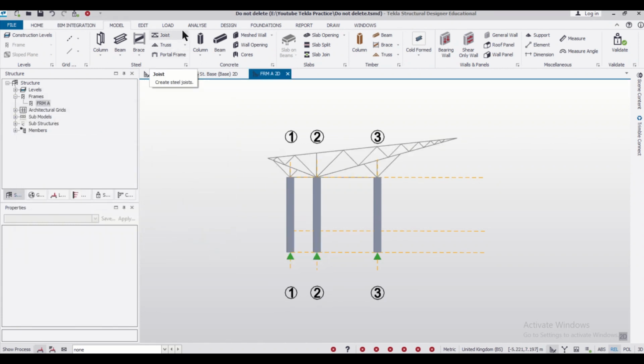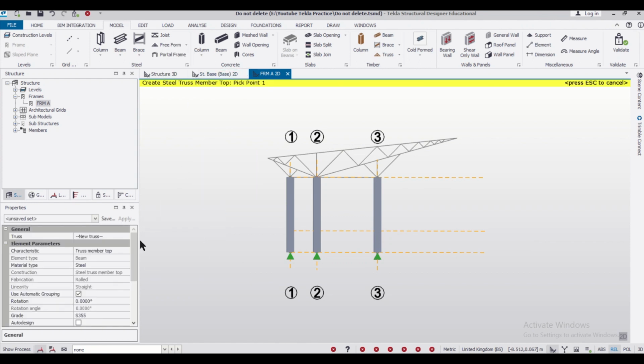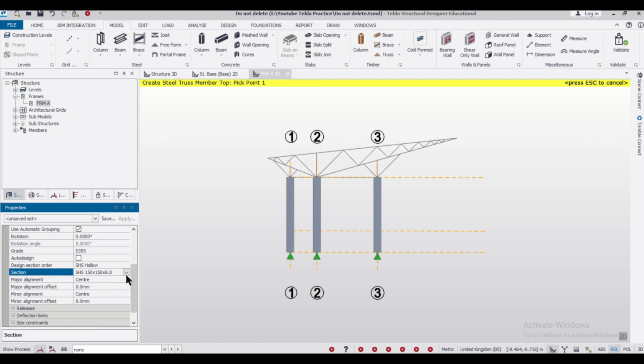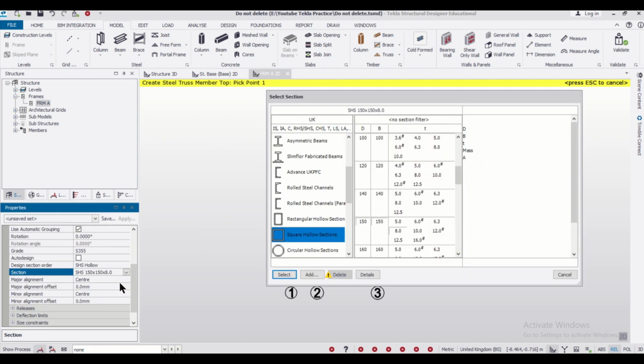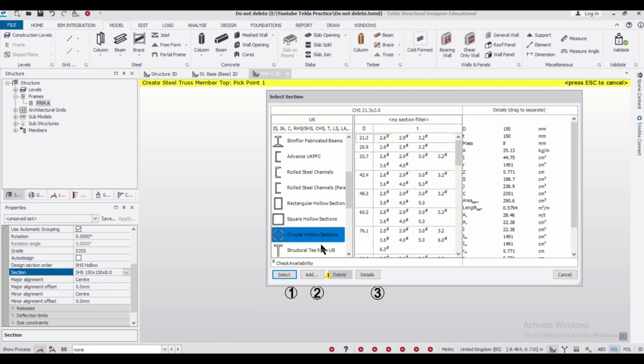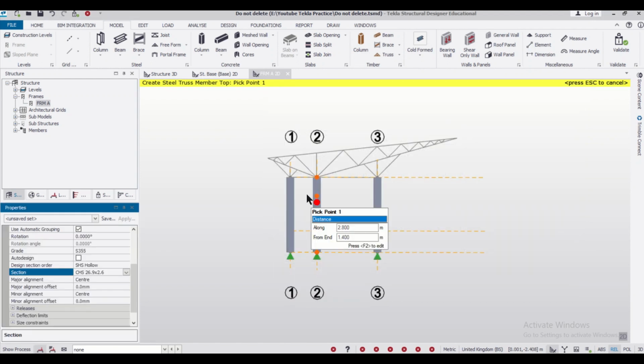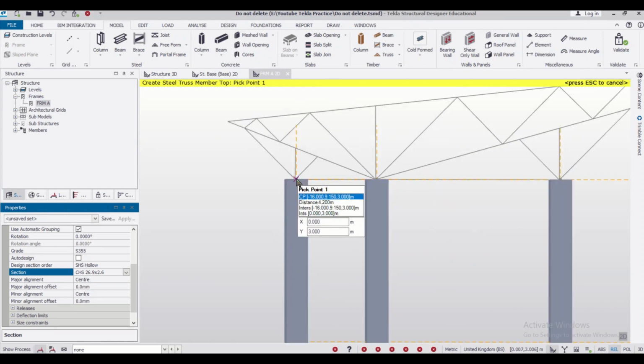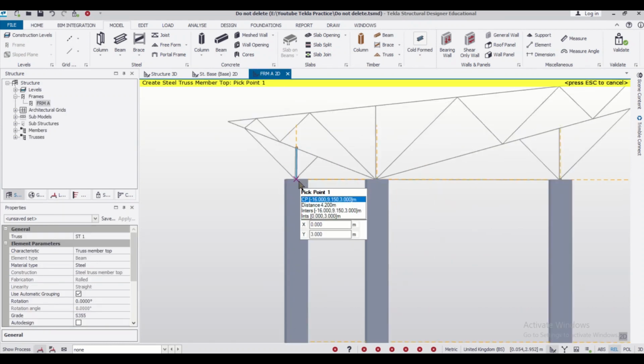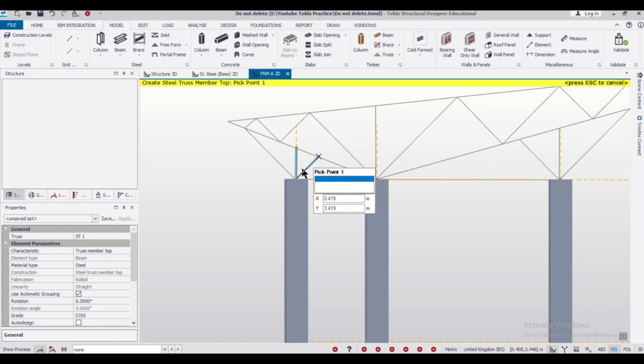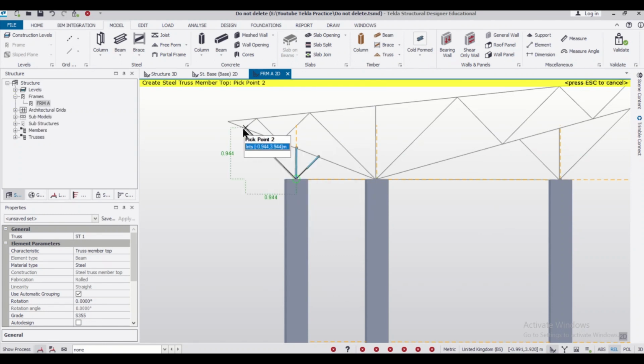So after that, we can just select the option of freeform truss under the option of model here. We'll select the freeform truss and we can select any section which we want to give for the truss. So let's say we'll select a circular hollow section of these grades, and the sections will change as per the codes which we are using. I'm currently using the UK codes, so I'll just select here, and here I'll start making this. So one by one we can just make this particular sections.